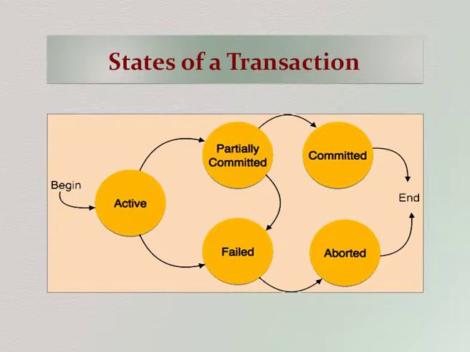If in the partially committed state the last task is over, it can move on to the committed state, wherein a commit command may be given and the transaction will be successful. The failed one may be moved to the aborted state, and then in the aborted state it may reinitiate the whole process or else kill the transaction. So, this is how we can define the various states in a transaction.